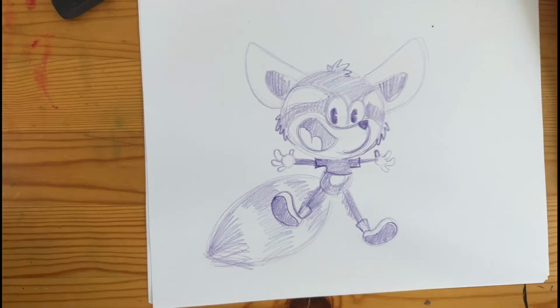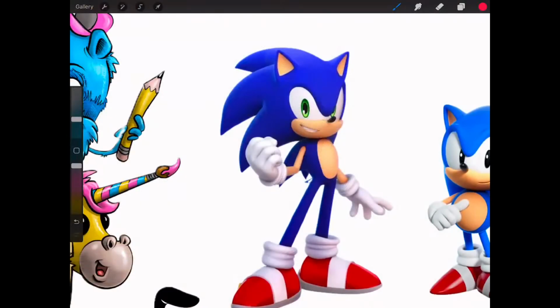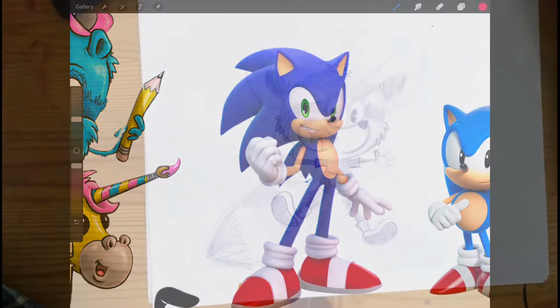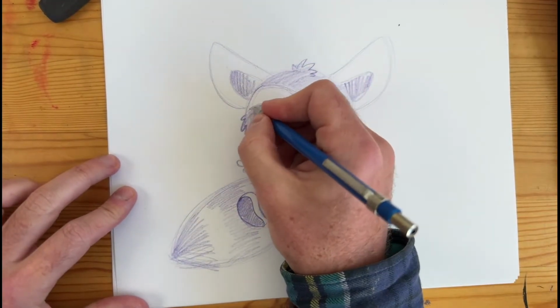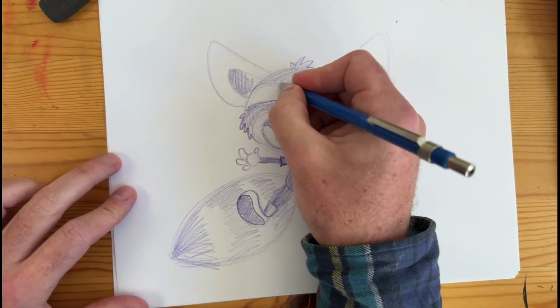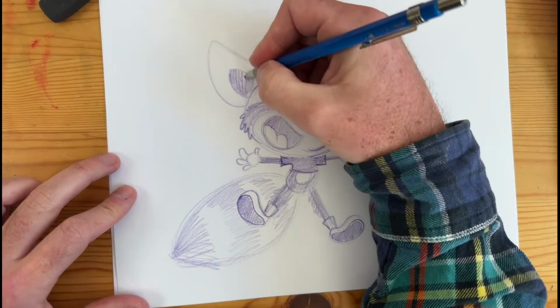I've never seen a blue hedgehog that is this skinny and looks like this either. So when you're making cartoons, I like to switch things up a little bit, just like they did with Sonic. Looks a little bit like a hedgehog, maybe? So maybe you think this looks like a red panda, maybe you don't. Either way, it doesn't matter because I like how it's turned into a cool little